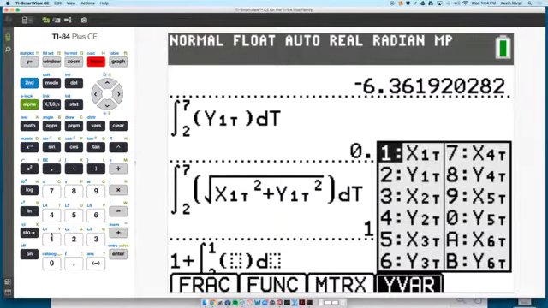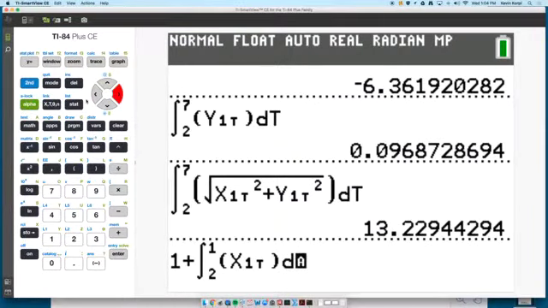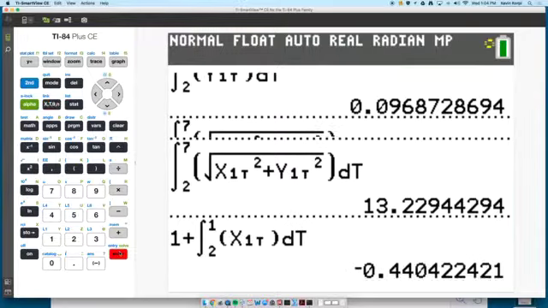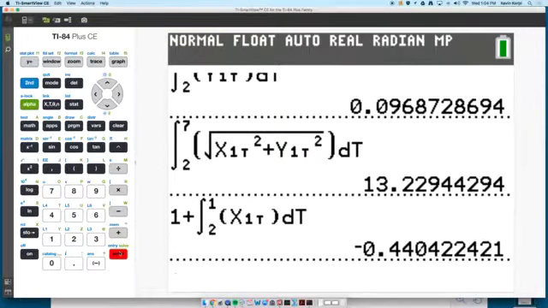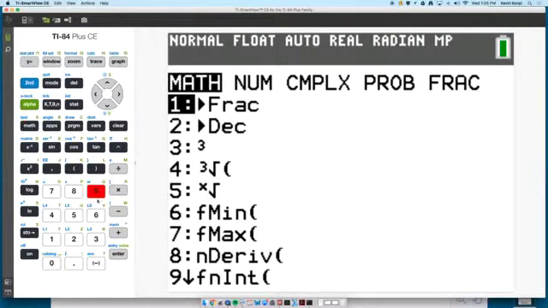All right, alpha trace number 1 with respect to t. And we get this number here, negative 0.44. Do we need that 0? Yes, we do. And then the second verse to the same song, but now we have 4 plus math 9 from 2 to 1 of y prime,